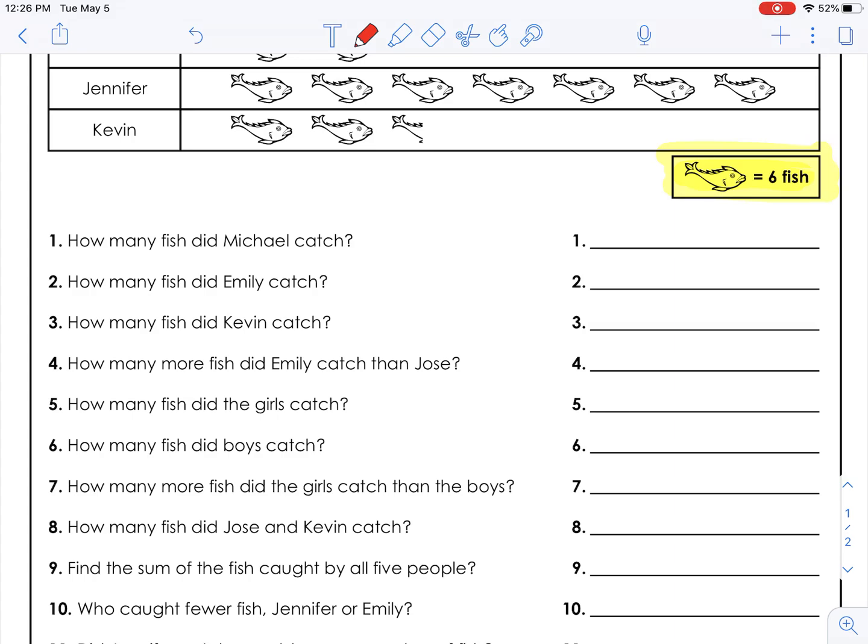Then you're going to use that information to answer the questions below, and we just talked about that. Michael caught 18 fish. Okay, so that's your homework for today. Watch the videos. I put some extra videos about pictographs and line plots on the assignment if you need some extra